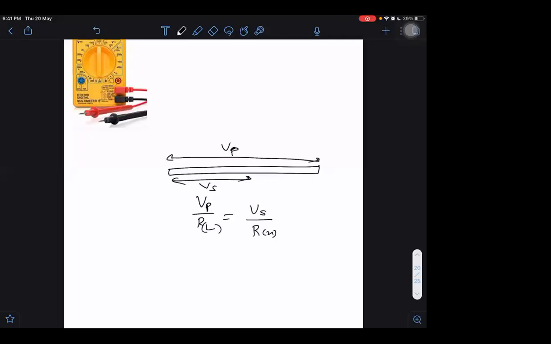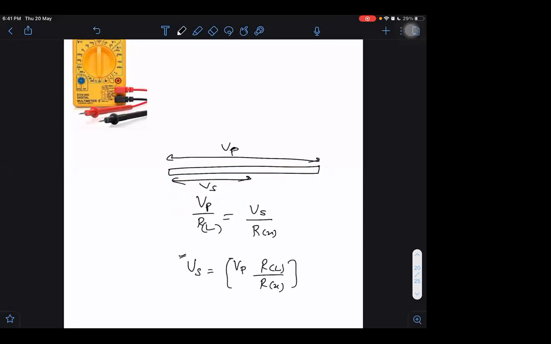So this is our equation now. What will be V in the secondary circuit? That will be equal to V in the primary circuit into R of x upon R. Primary circuit means the total length, and secondary circuit means this part which is between one end and the second end of the secondary circuit. So Vs will finally be Vp into R(x) divided by R as a function of x. This will be the value of Vs.